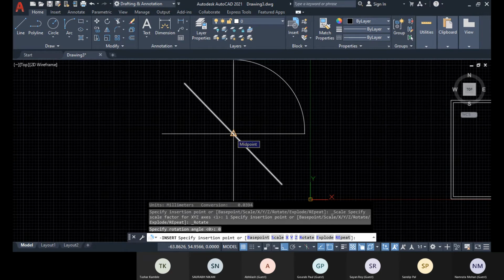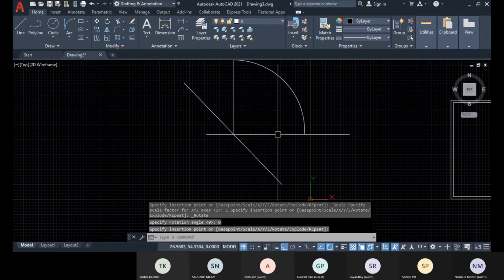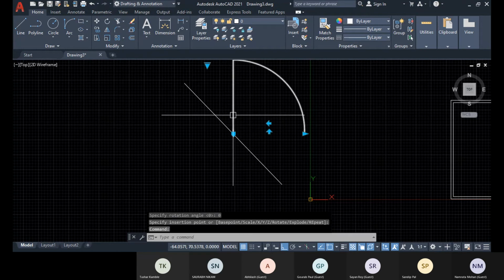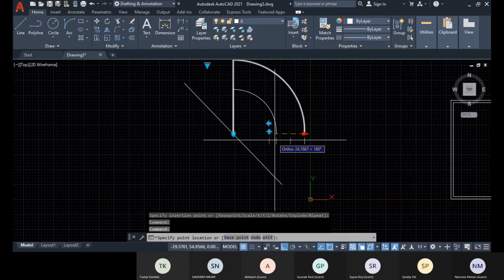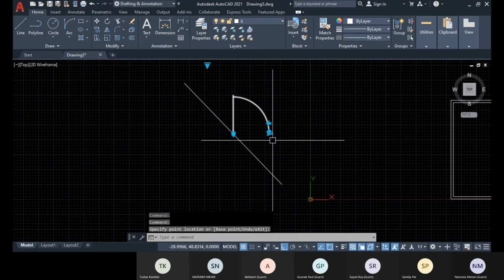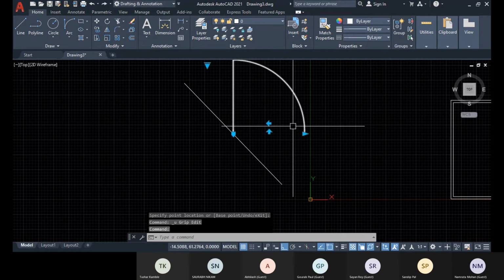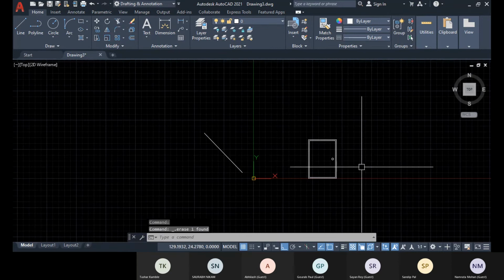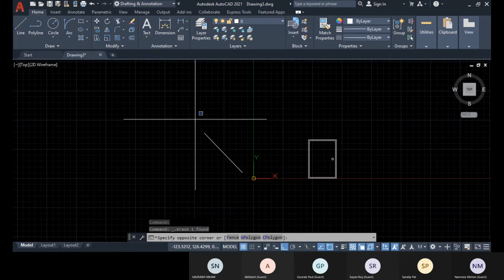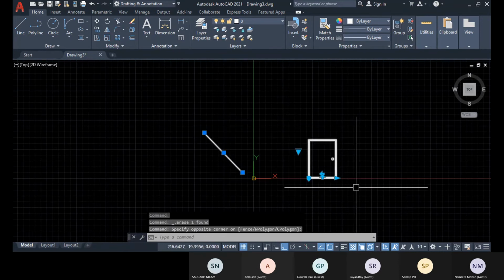So tab and place at the right position. So this is what is called a dynamic block. I hope you got the idea about this dynamic block.